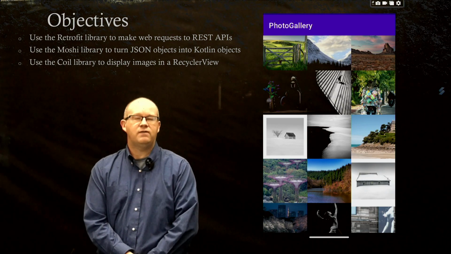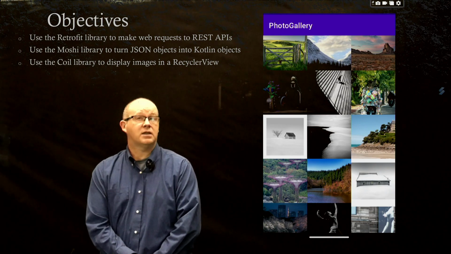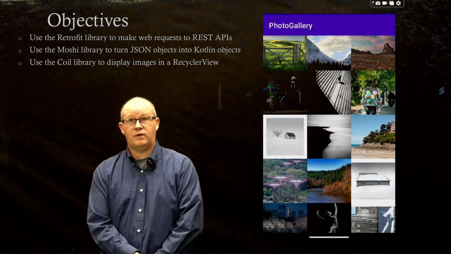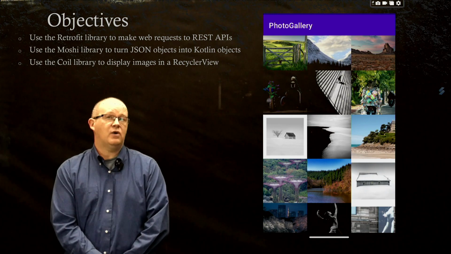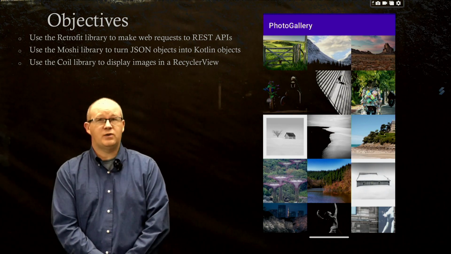We're in Chapter 20, Video 2. In the first video, we just set up some basic code to get going on Photo Gallery. Most of that was review from previous chapters. In this video, we are going to get started on Objective 1, using the Retrofit library to make web requests